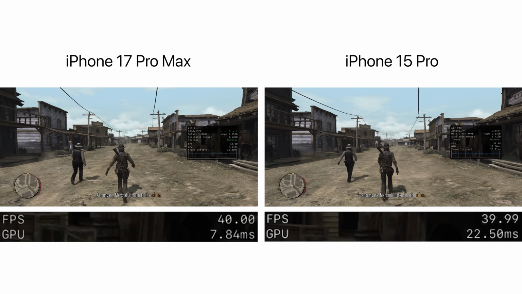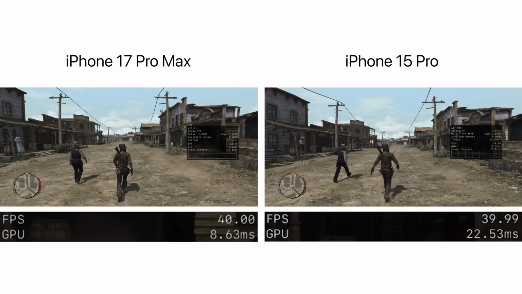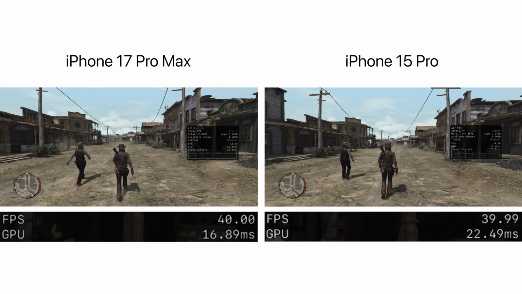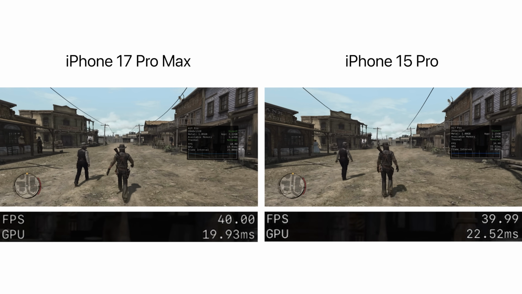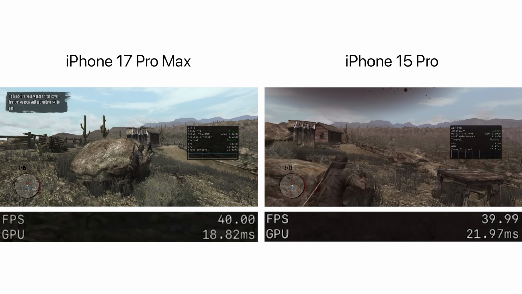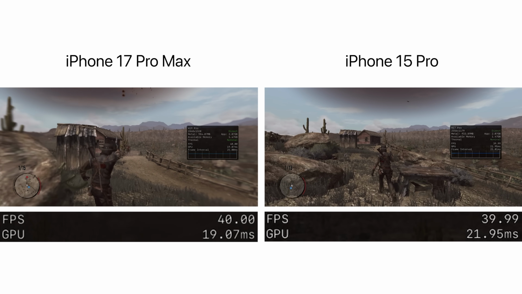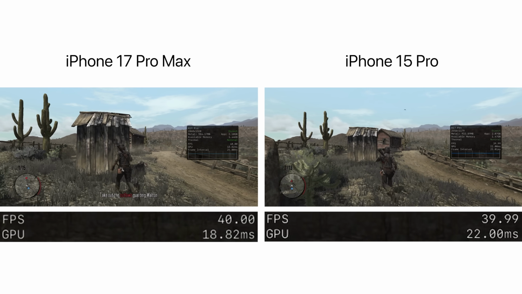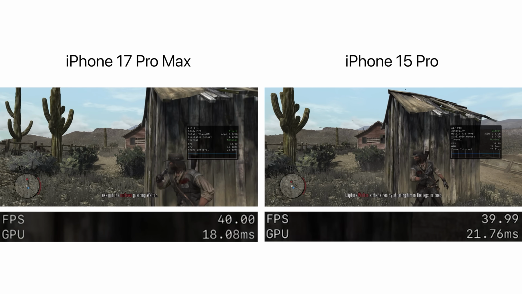Moving on to my iPhone 17 Pro Max and iPhone 15 Pro. Performance mode on iPhone 15 Pro, 16 Pro, and 17 Pro only targets 40 FPS rather than 60. I was hoping these devices would hit a full 60 FPS, but I suspect Double Eleven capped it at 40 for two reasons. First, to prevent